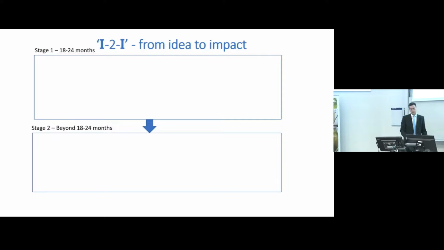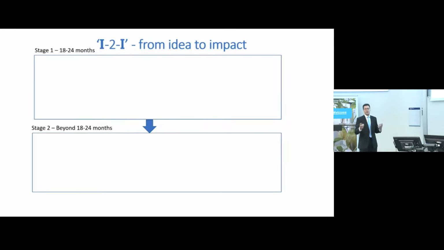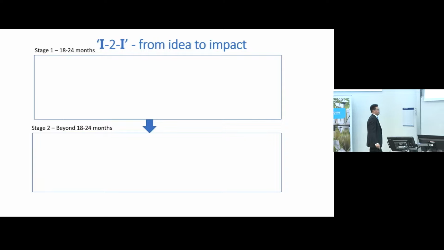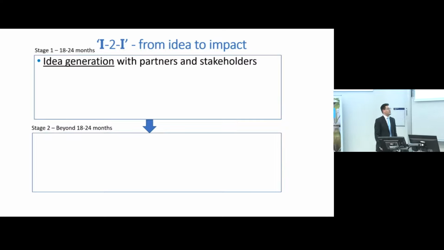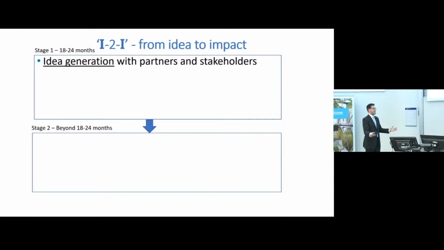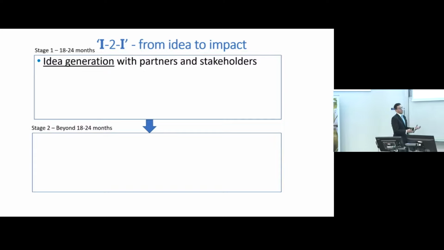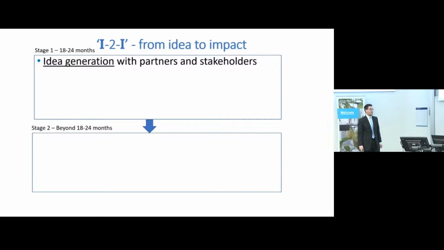And initially, we just spent a lot of time talking with partners overseas and here in the UK, and thinking of all kinds of different things that we could try out, and also talking with the stakeholders in country to see what would be feasible there. And then, of course, you have to do some robust research to make sure that this idea actually makes sense and it can work. And as I showed earlier with that UV example, not just doing that in the lab, but also doing it at realistic scales. And we did that initially in the UK under fairly controlled conditions. But at the same time, in that early stage, we were constantly engaging with communities in India to understand what their preferences and constraints for these toilets were.